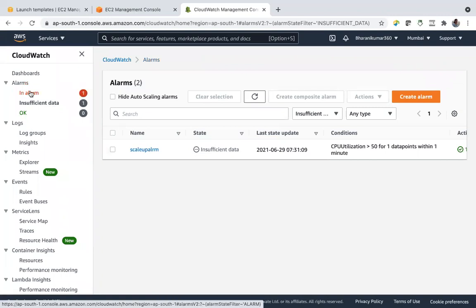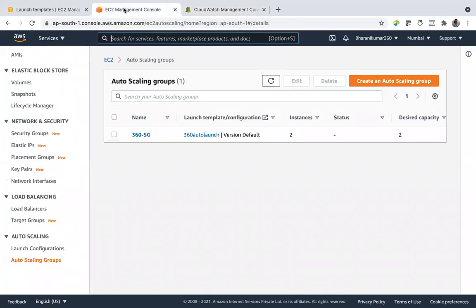Now one has been in alarm. What is it? Scale down. We know that CPU utilization is less than 30% already. We are not using those servers, and their CPU utilization is only 0.3%. So it's in alarm. So let's go here and